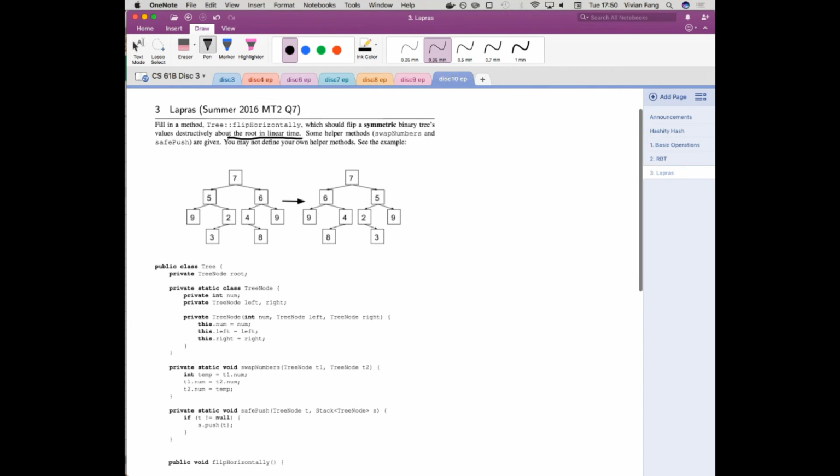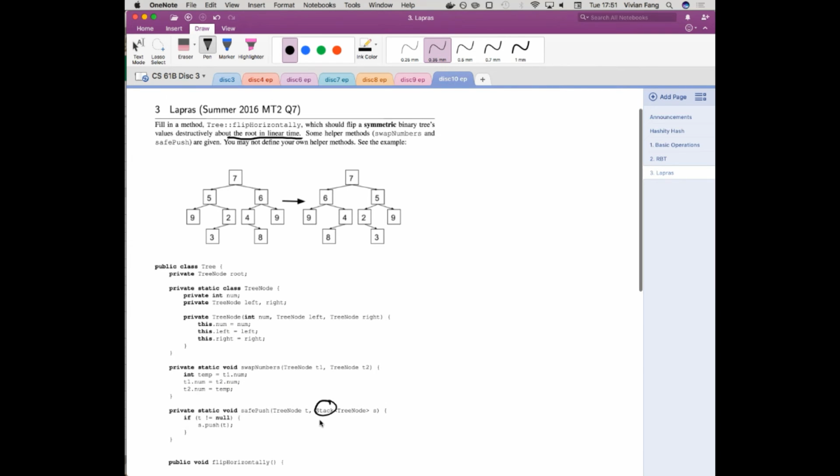So the way this question is egging you to go is to use a stack, because you get a safe push method. If they give you a method that involves a stack, you probably want to use a stack. Now, you guys haven't learned about, what are you guys up to right now? Did you guys just start graphs? Okay, so do you guys know what BFS is? No, right. So you guys have just started graphs.